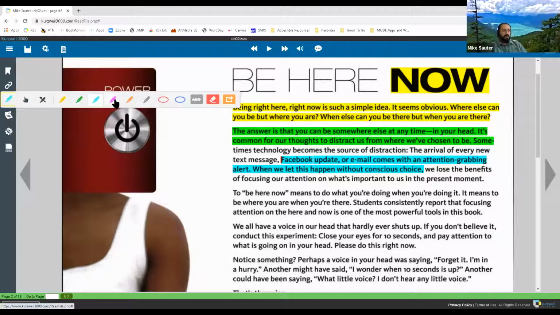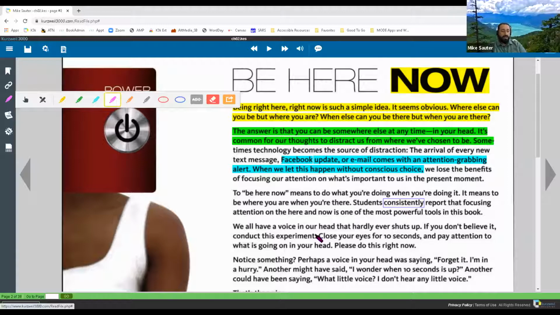Now for most outlines, two to three levels down is probably about as much as you may need. Let's go with one more level down, our pink. What I'm going to use the pink for is all of those term words, vocabulary words, words that I may need to define or use for flashcards later. I'm going to put those all in pink.